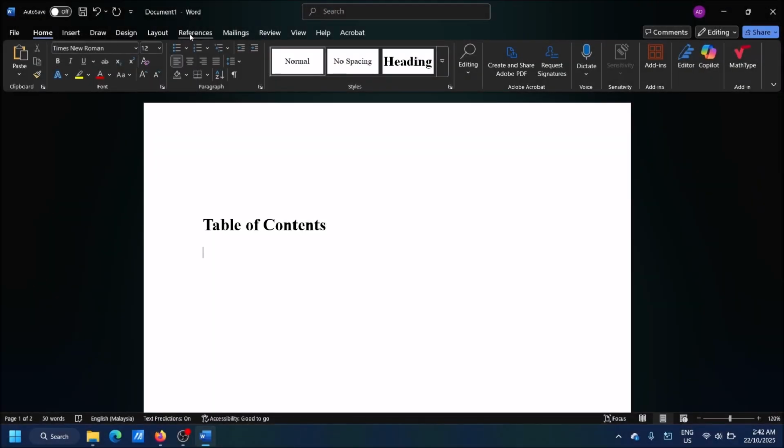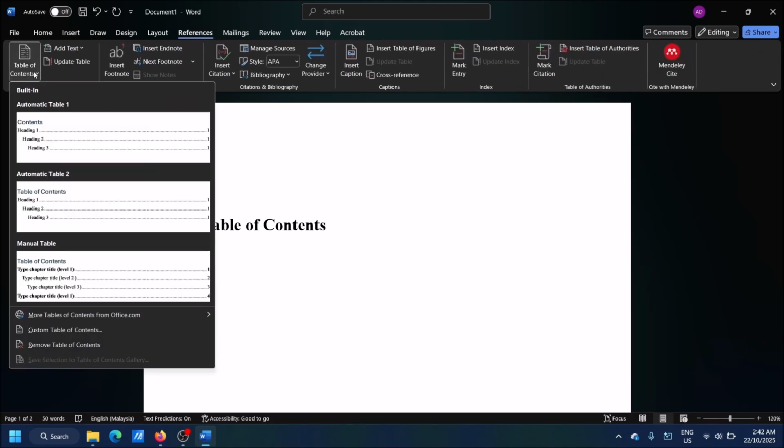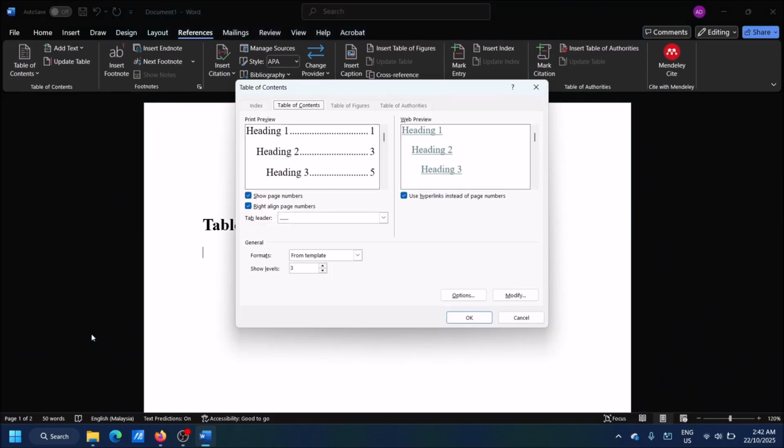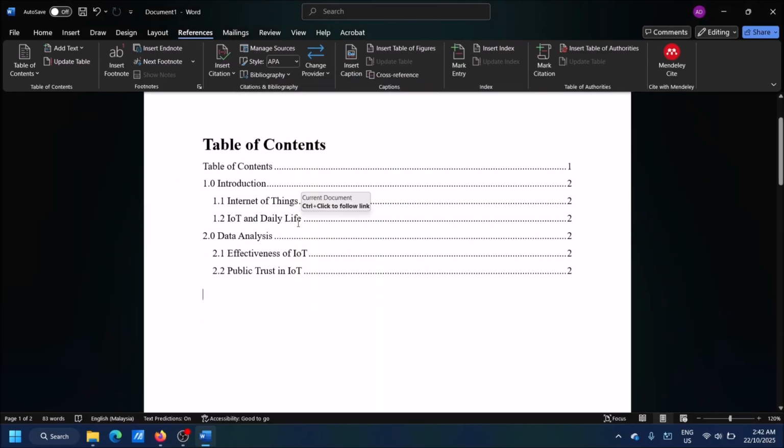What you want to do is go to References, press Table of Contents, and press Custom Table of Contents. And now you can do a lot of changes here. You can choose not to have the page numbers. When you're done, you just press OK, and voila, you just have an automatic table of contents, and it will